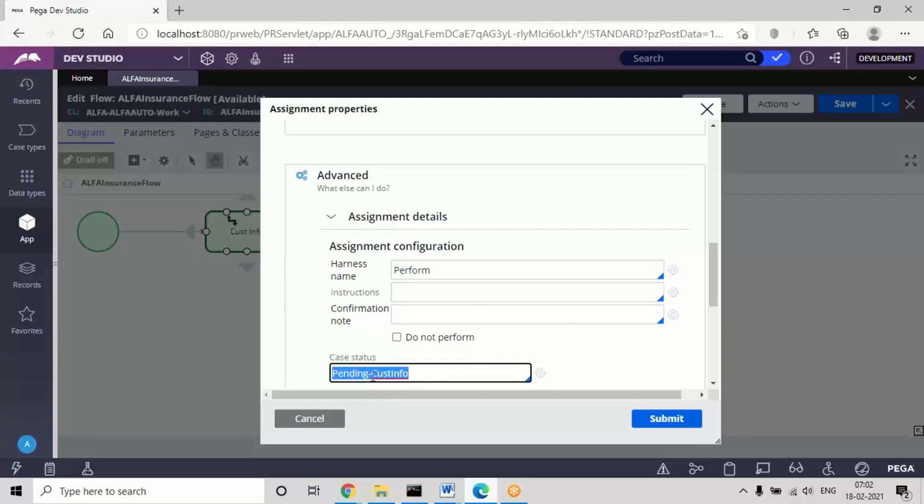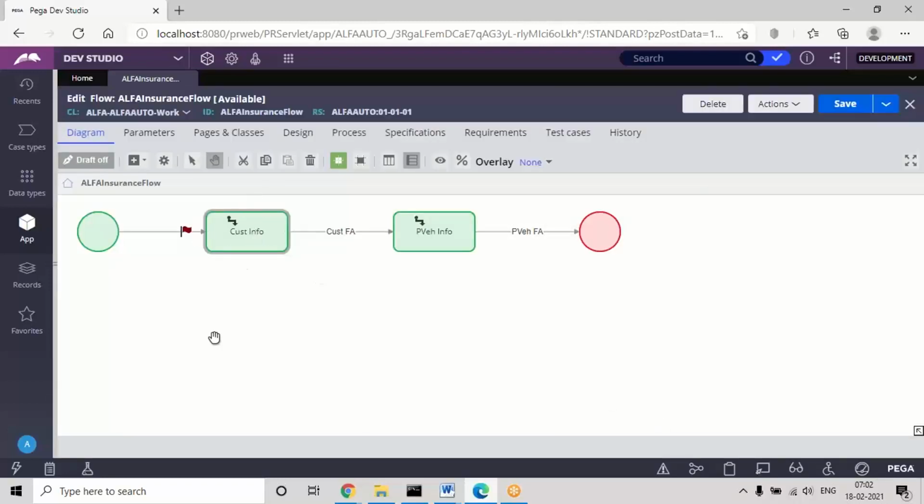And when you are adding any user defined status, except for the start shape, for other shapes, before the shape, on the connector we have, you'll get some flag color. If it is a user defined status, you'll get a brick color or dark red flag color, like maroon or dark brown, whatever we say. So you'll get some color flag before the shape, and like that for any user defined status we add, you'll get this kind of flag.